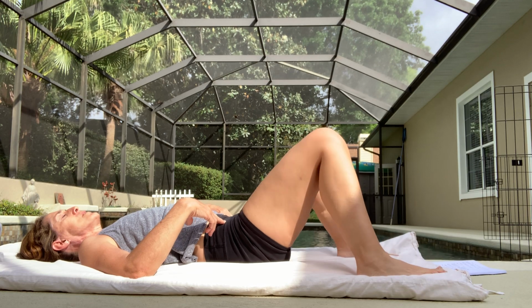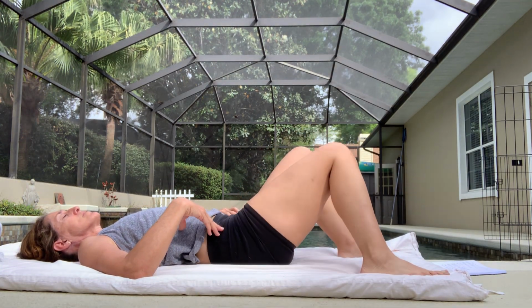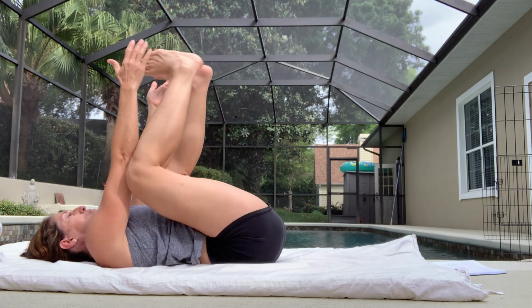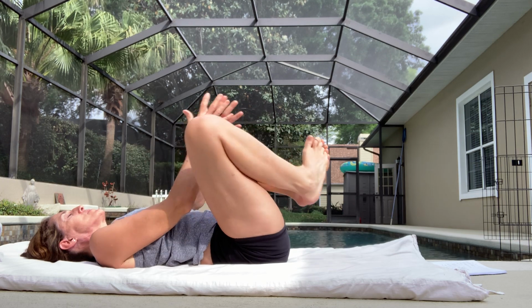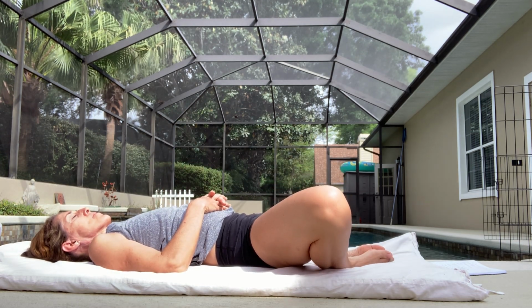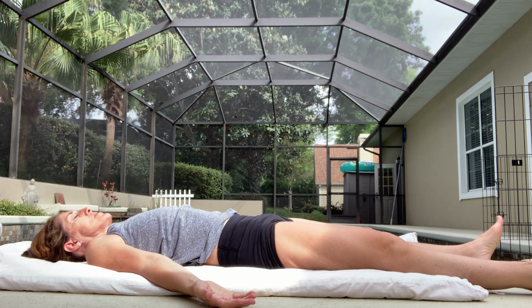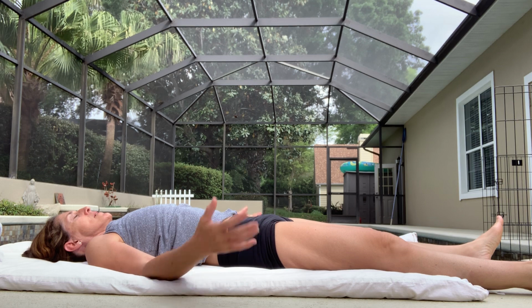We'll bring the feet wide and windshield wiper the knees side to side a few times. And bring the knees into the chest. Take a happy baby. From happy baby, toes to touch, reclining butterfly. Extend the legs out, palms up, arms out to the sides, relaxing through the shoulders, the neck, the head, the